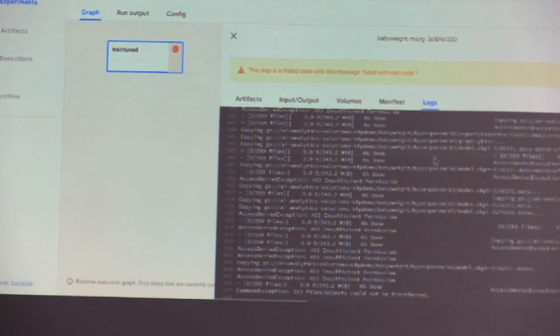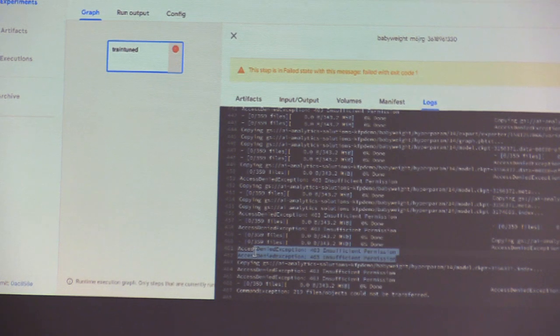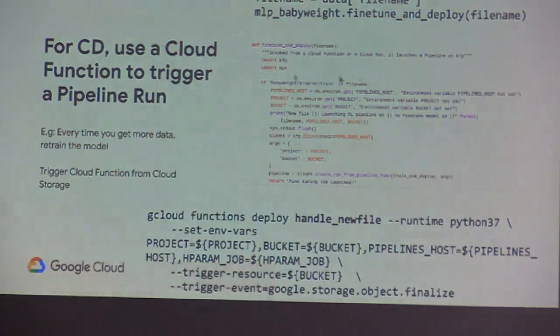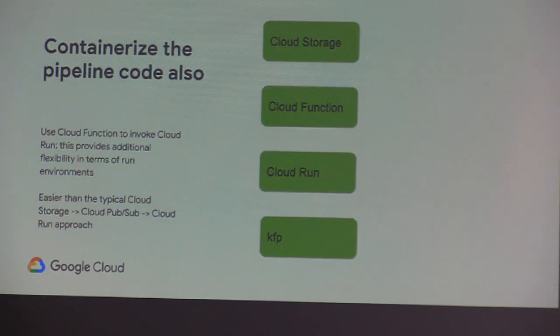Train tuned, logs. Okay, so access denied, insufficient permission. So I changed something there. But the point here was that a new file showed up, the Cloud Function created a new pipeline, and the pipeline got submitted. You basically saw the entire CD process happening. Okay, so once I've done this,